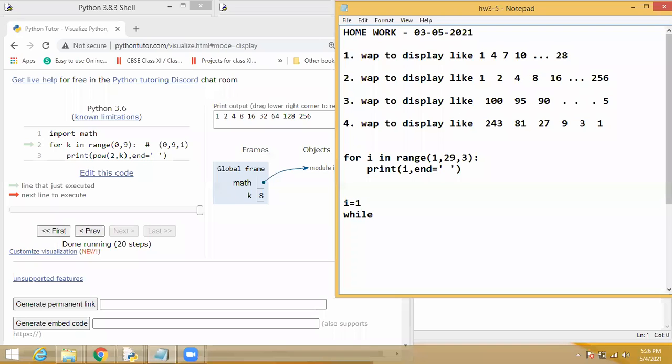Then while i is less than or equal to 29. Sorry, sir. Less than or equal to 29. 29 or 28?